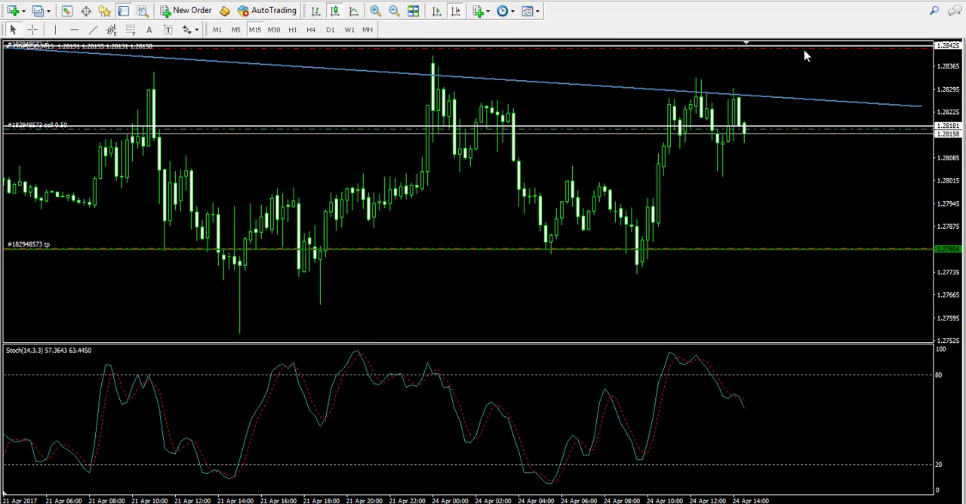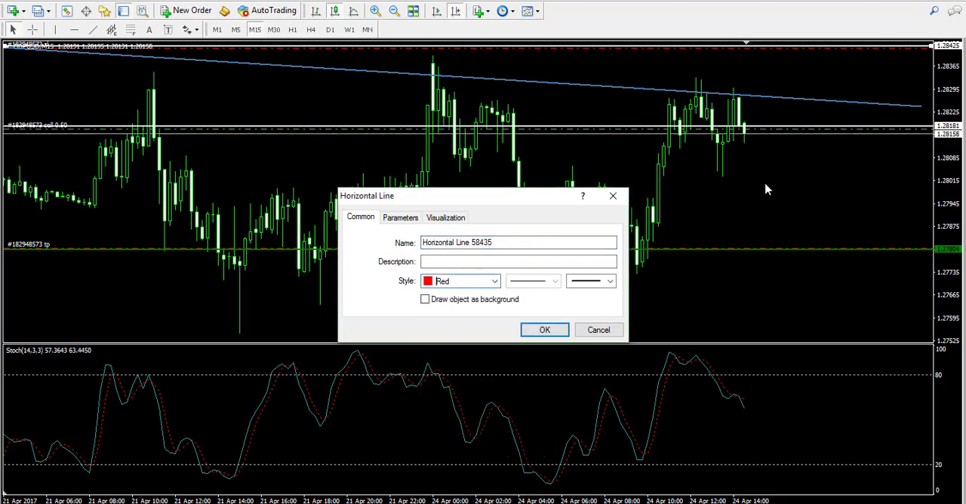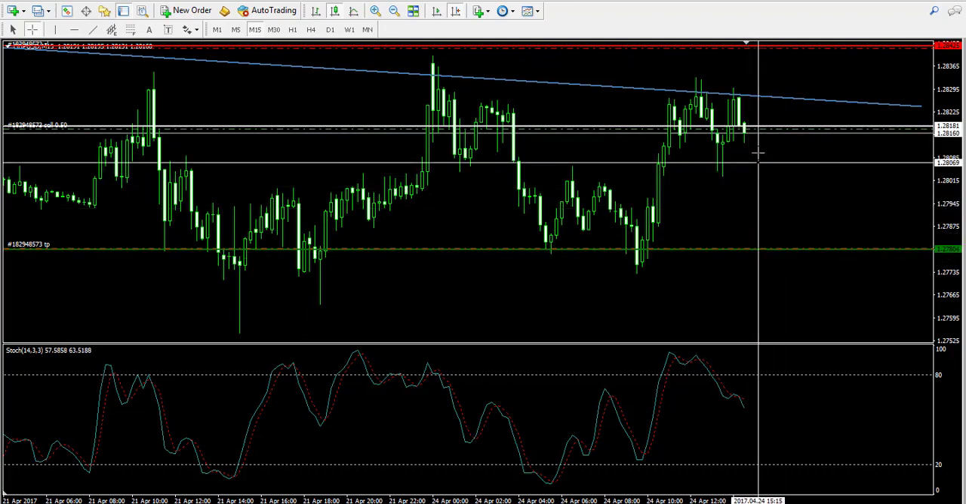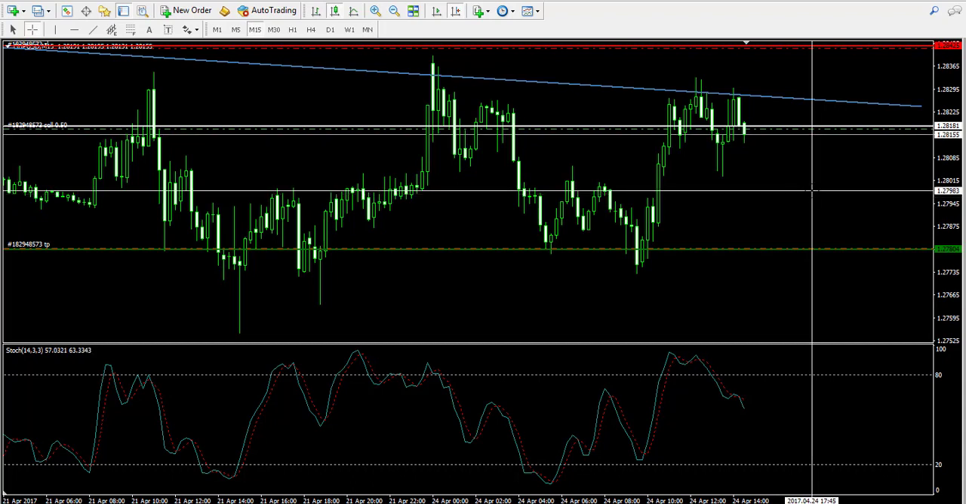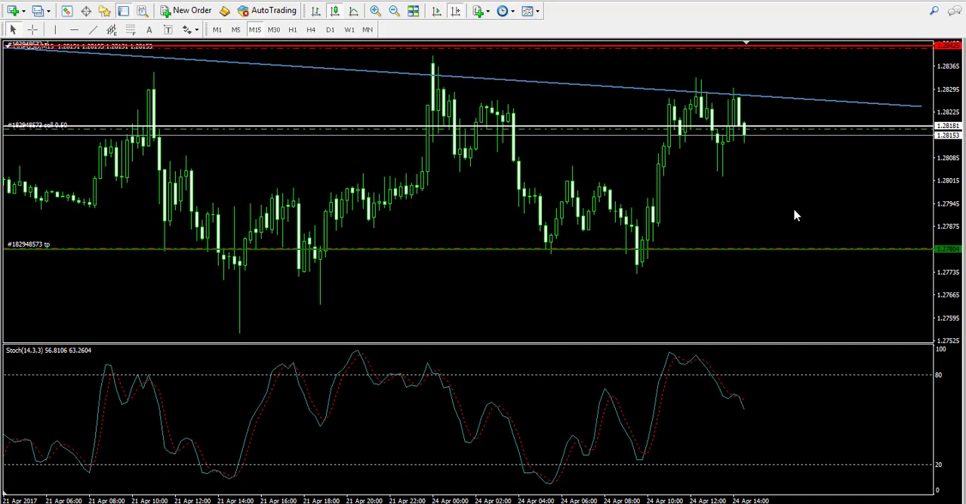Here it is, and I'm going to mark it with red. Yes, of course. The thing is that I don't expect to get that big move over here, like from 1.2818 to 1.2780, which is almost a 40 pips move. But